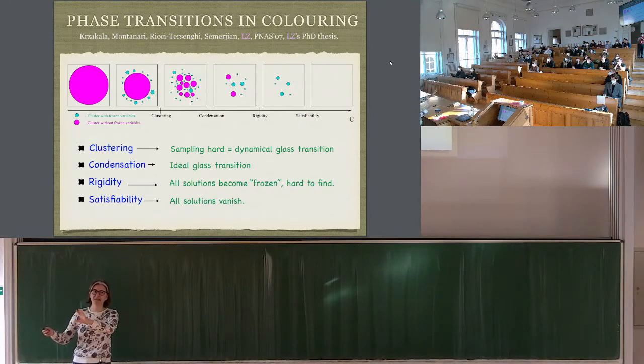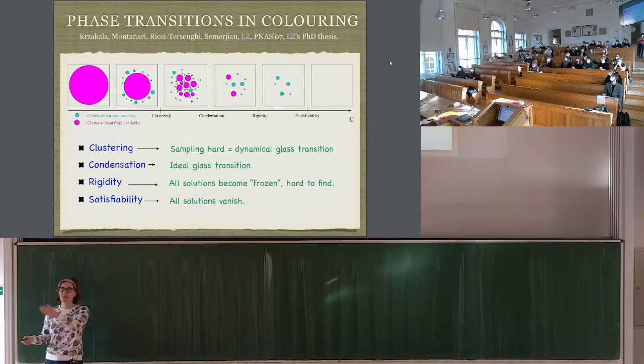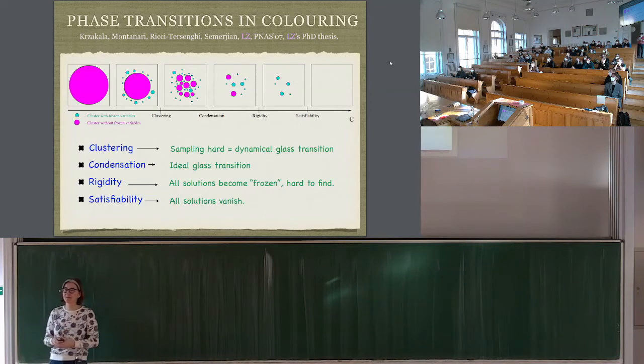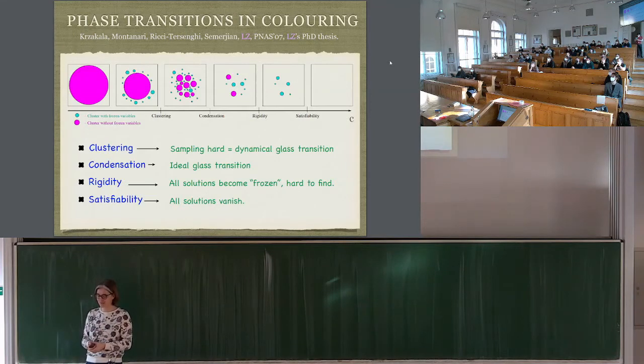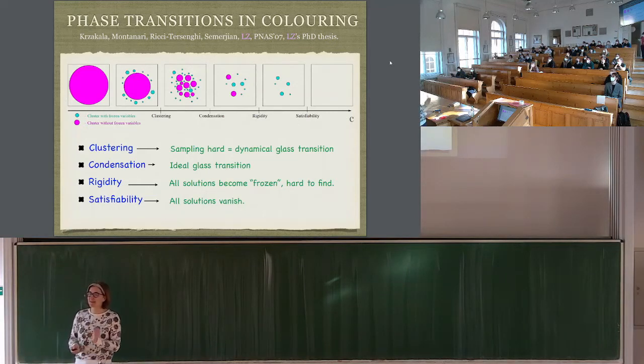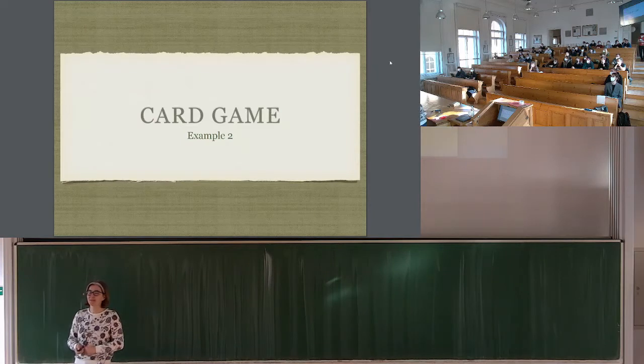I will not be explaining this one in detail, but there are actually, besides this colorability or satisfiability phase transition that I mentioned on the previous picture, at least 3 and several other ones that are really important for different properties of this problem. Okay, I could talk for hours more about this one, but I will switch to a second